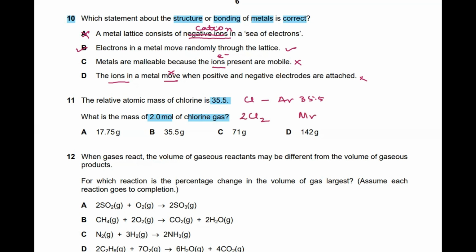So the Mr of chlorine will be 35.5 times 2, that is basically going to be 71. And 2 moles of chlorine will be 2 times 71. So the answer is going to be D, that's 142 grams. Coming to question number 12, we have